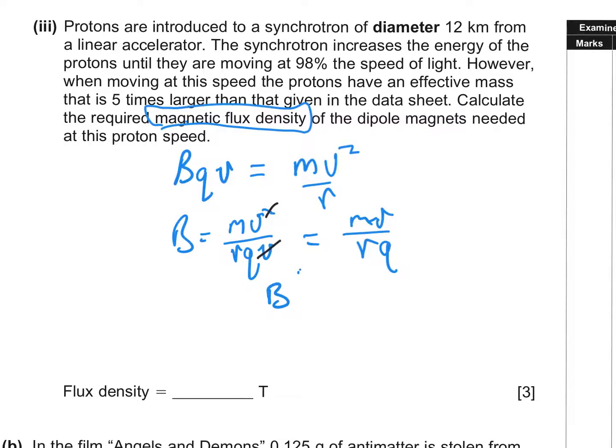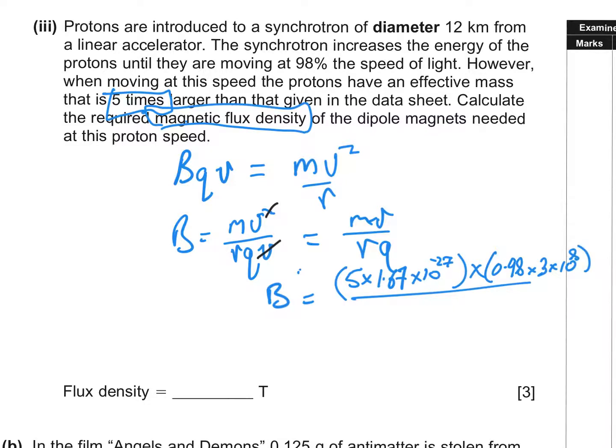So substituting into that, we get B equal to, well, it's going to be 5 times the normal mass of a proton, which is 1.67 times 10 to the minus 27. Okay, so because we were told that it's 5 times the mass that it would normally be, and we're multiplying by 0.98 of the speed of light, and then we've r and q on the bottom line,